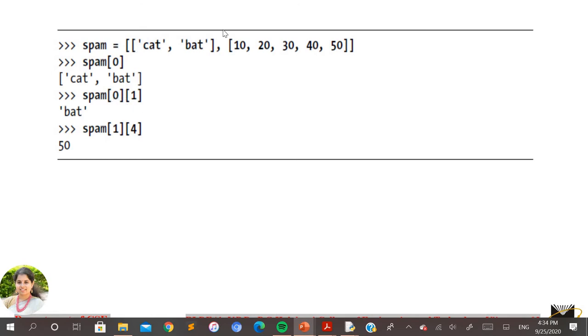So that is at the 0th position, this entire list, and again within that 0th position you want the one more value, that is the bat value, means the first position here. So 0 with first you are going to get bat. Similarly one more is taken, 1 means this entire list, among this you have the fourth here. So fourth means 0, 1, 2, 3, 4, that is the last value for which you are getting the value as 50.